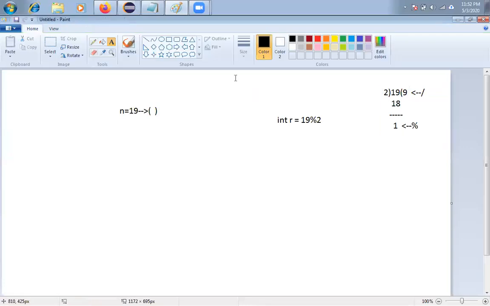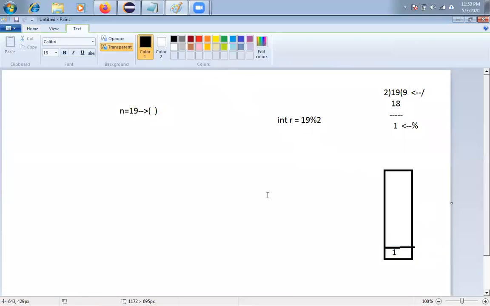So r is an integer. Anyway, I am going to use recursion. Internally, recursion uses which data structure? The stack data structure. Initially I will store this value here itself, friends. Next time I will call my function.